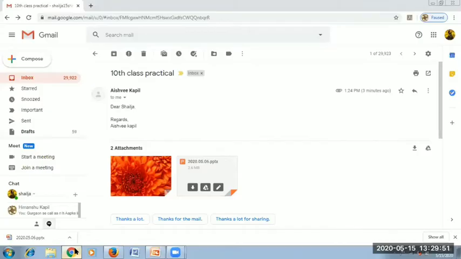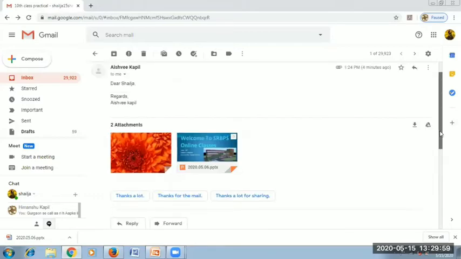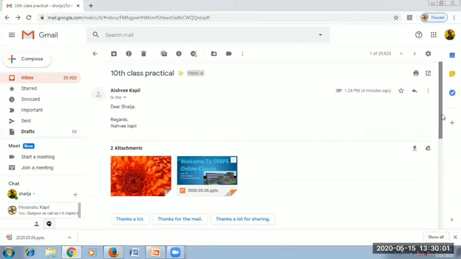Now we will move here. This is one way, that I have received one mail from another person. Now if I want to send this person a reply, how can I do the reply? One thing is you will click here on compose, write the email address of the person, write the message, write the content, whatever you want to send to that particular person, and in that way you can send the message. And what is the other way?